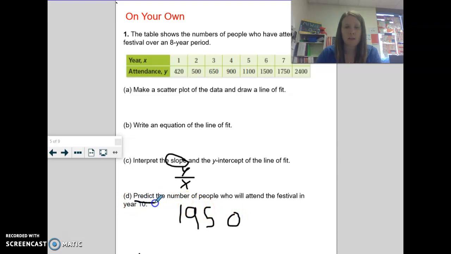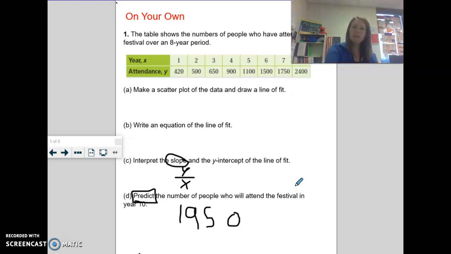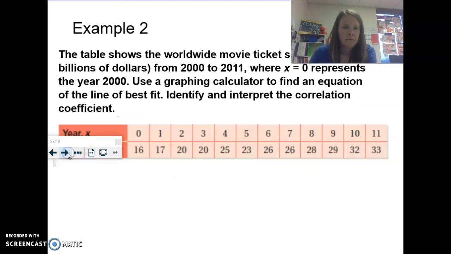It may not be super accurate, but as long as you're making an educated guess based on some of this data that you have been given, okay? And how did you figure out your line of best fit, okay? Let's keep moving on. All right,